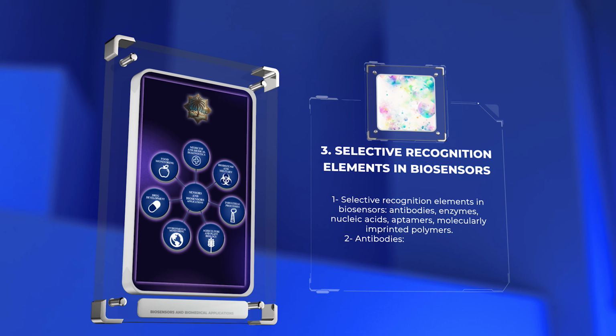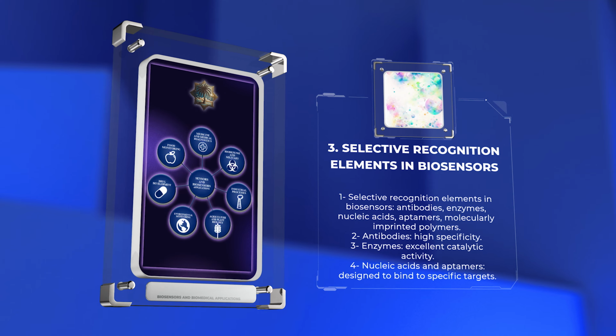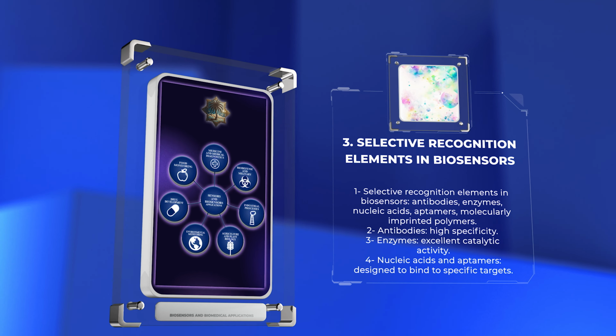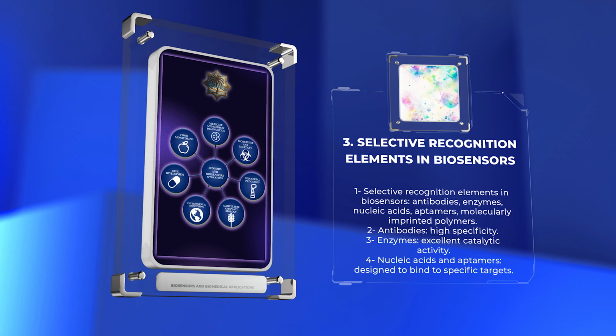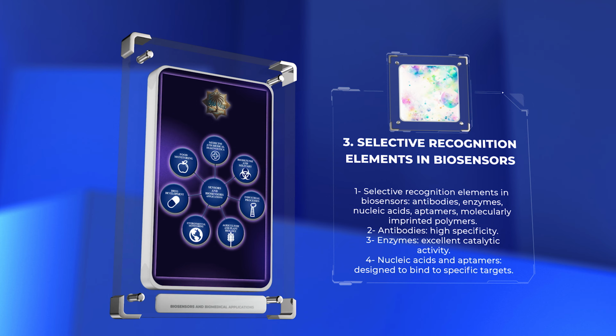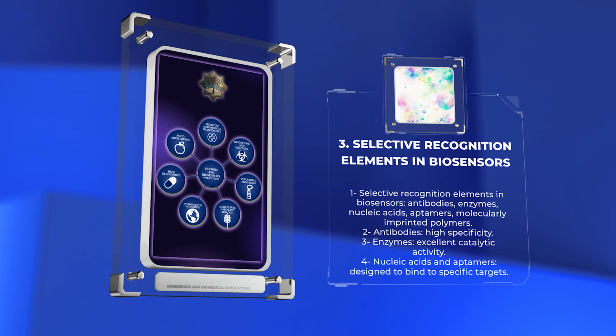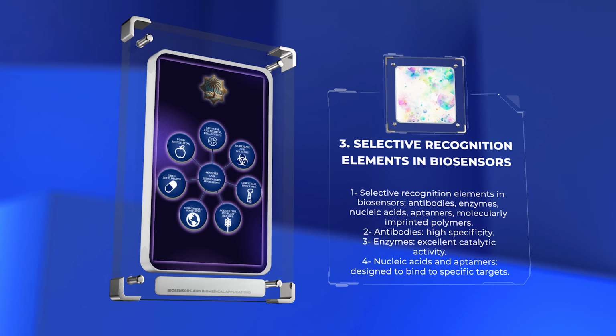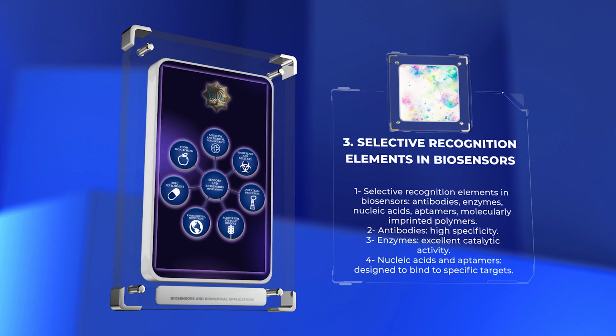Selective recognition elements in biosensors are responsible for specifically binding to the target analyte. Antibodies, enzymes, nucleic acids, aptamers, and molecularly imprinted polymers are commonly used recognition elements. Antibodies offer high specificity, while enzymes provide excellent catalytic activity. Nucleic acids and aptamers can be designed to bind to specific targets, and molecularly imprinted polymers offer easy synthesis and